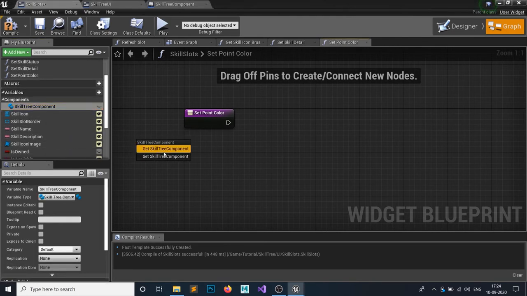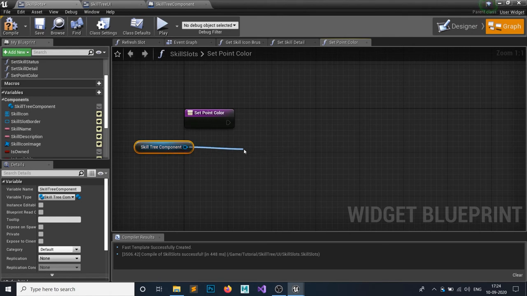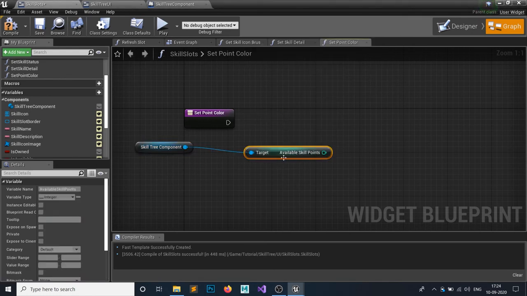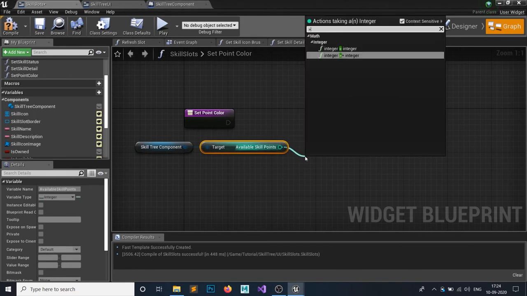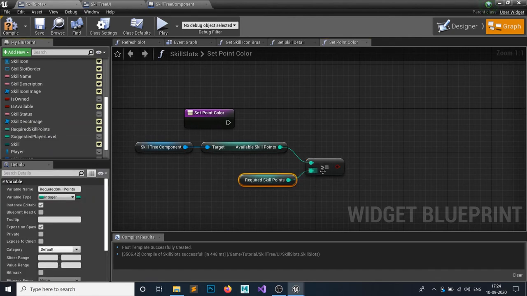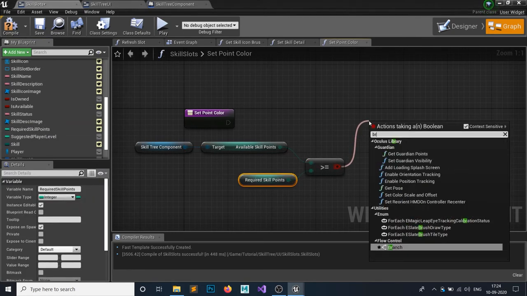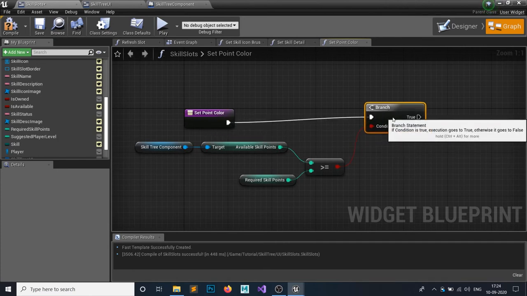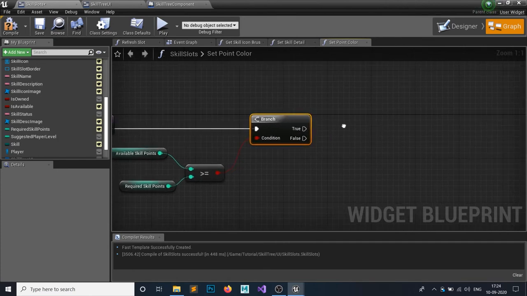So get our skill tree component and get available skill points. If it's greater than or equal to our required skill points, then add a branch. If this condition is satisfied, we follow the true part, otherwise false.